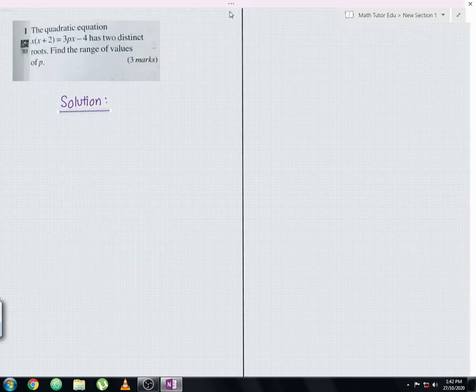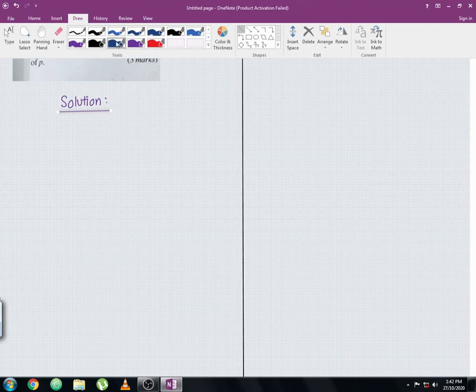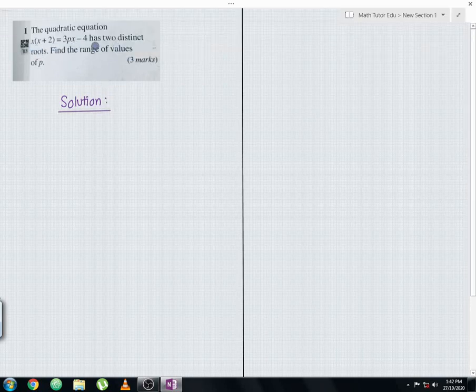So to start off, I'm going to rewrite the whole equation given by the question under here. So x(x + 2) = 3px - 4. This x(x + 2) we're going to expand. So from here you should get x squared + 2x